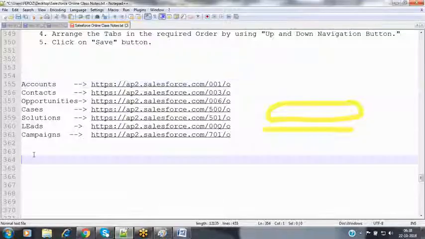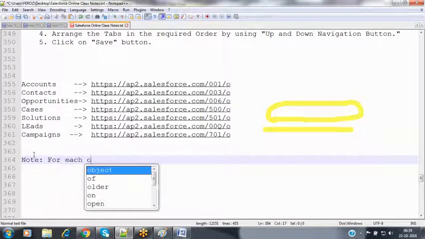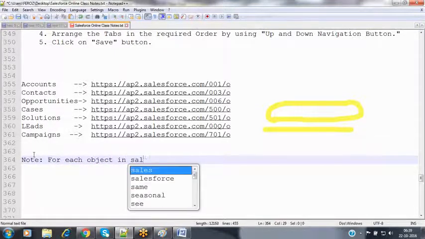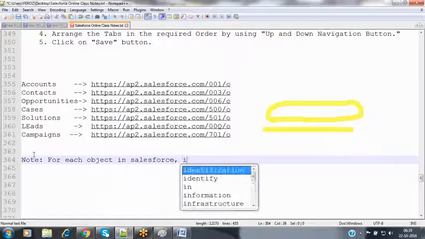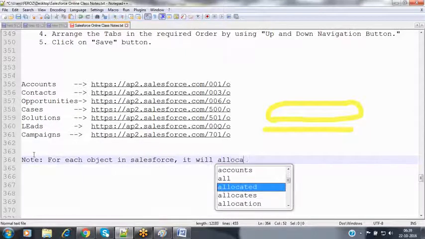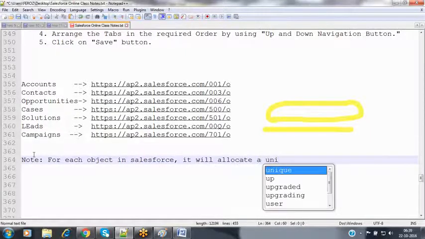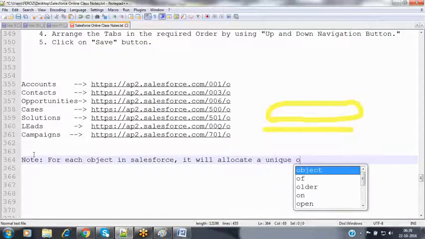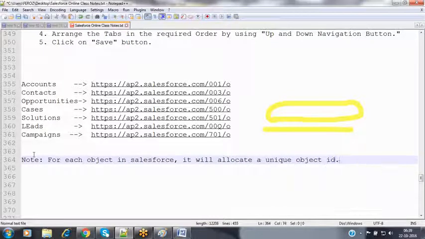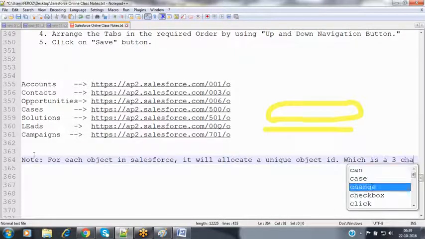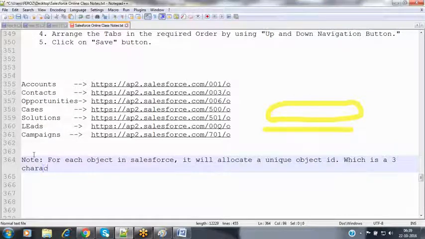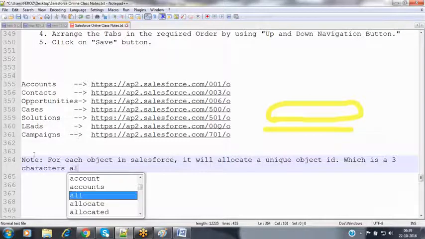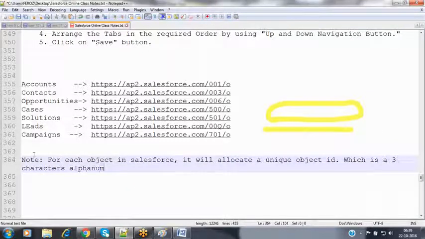Now, let's make a note of it. For each object in Salesforce, it will allocate a unique object ID, which is a 3 characters alphanumerical number.